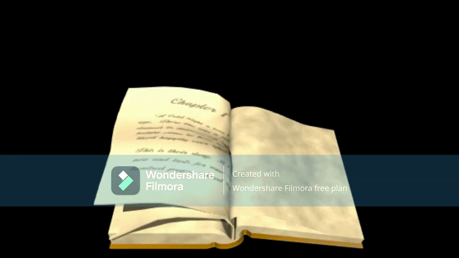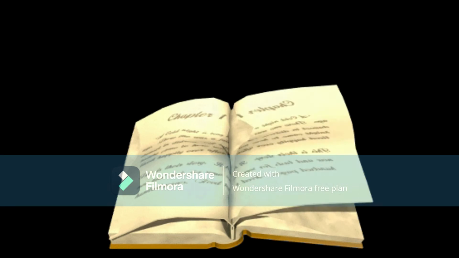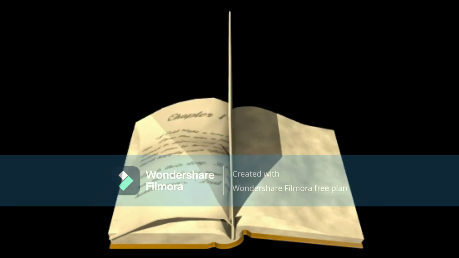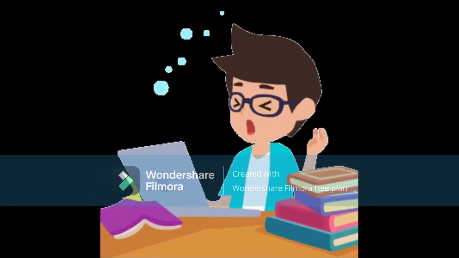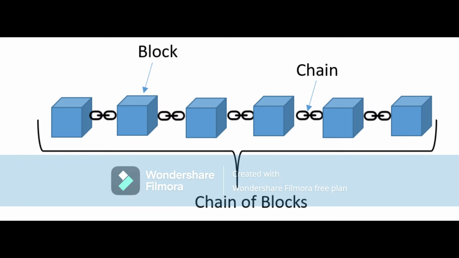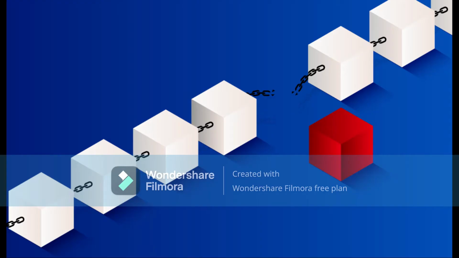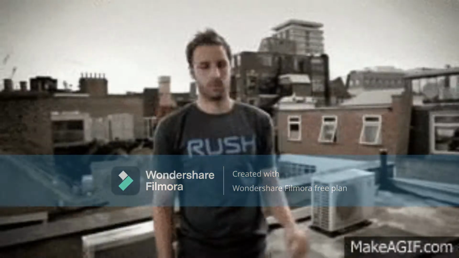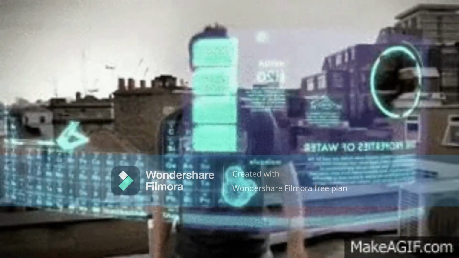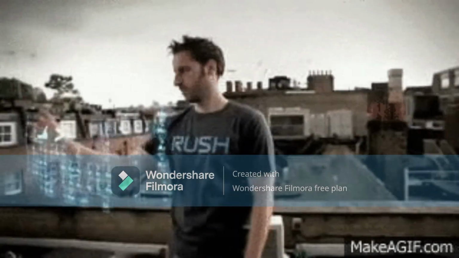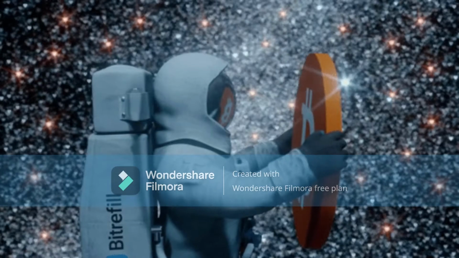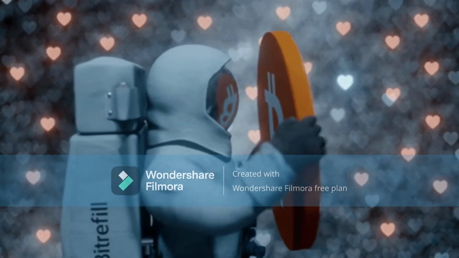In easy words, blockchain is nothing but a register of a shopkeeper in which he records all the details of the object or the product which he sells in the shop. So blockchain is nothing but a chain of blocks in which every single block stores some relevant information. The first thing which is stored in these blocks is the relevant information. For example, Bitcoin will store the transaction records of the Bitcoin.